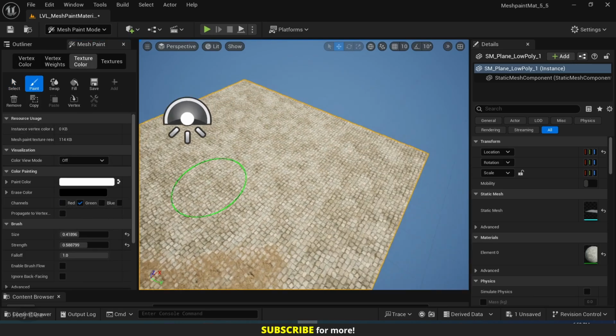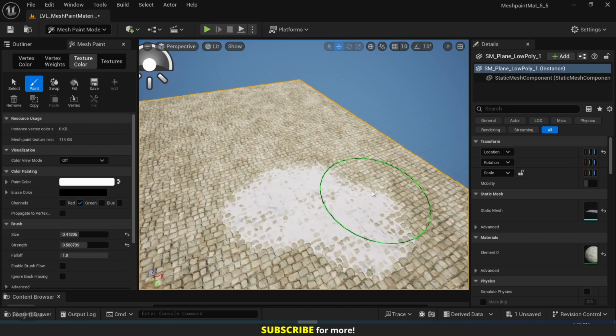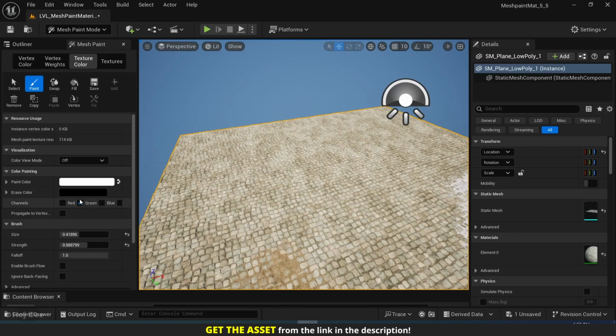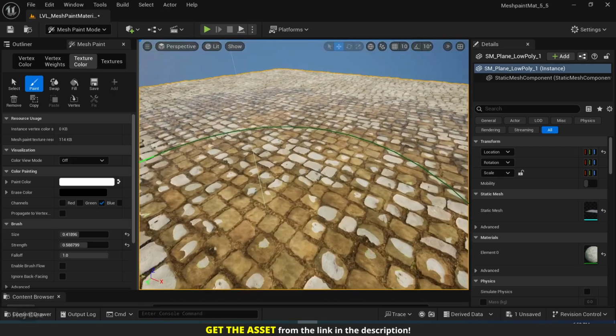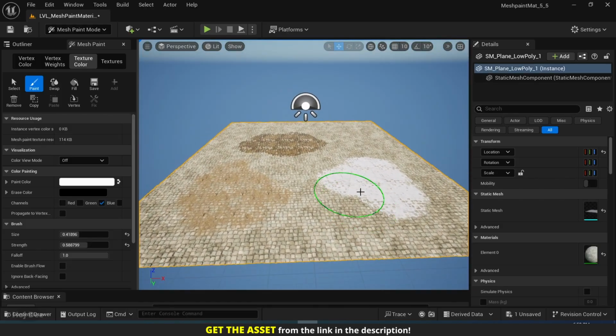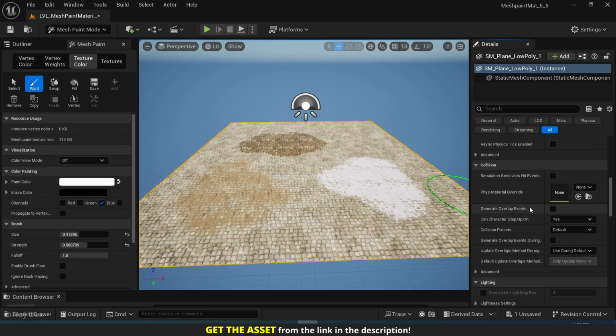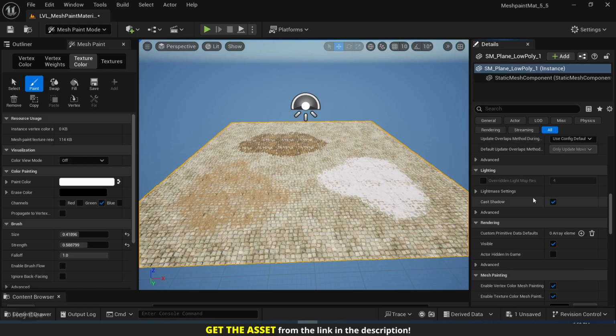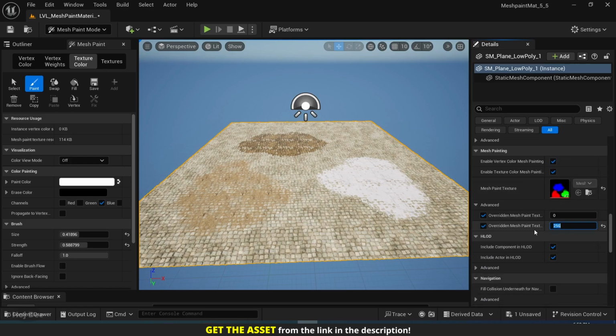Enable the green channel and let's paint some snow, and also enable the blue channel and paint the puddle. So again, if you want to change the texture resolution after adding the texture color, you should always use the fix button. We change the value, for example, to something else like 512, and we click on fix and it's updated. And while doing that and setting the texture resolution, keep an eye on the mesh paint texture resource size